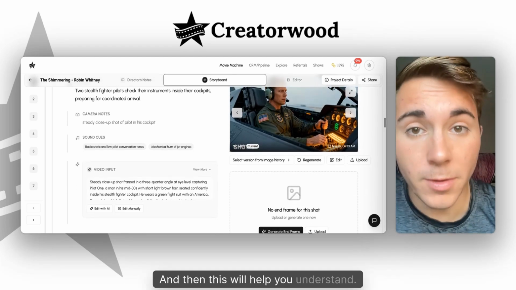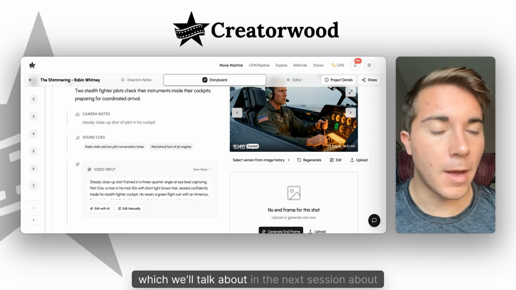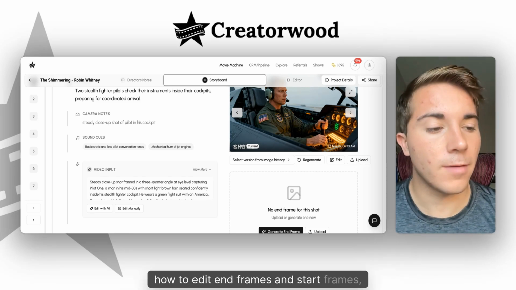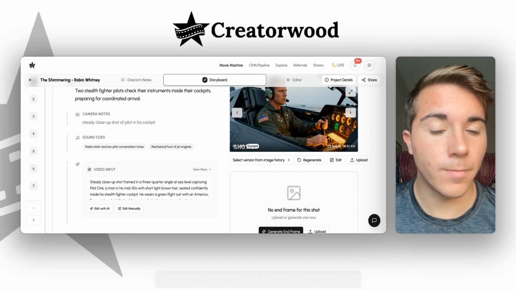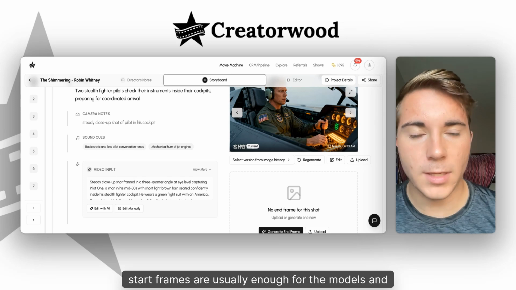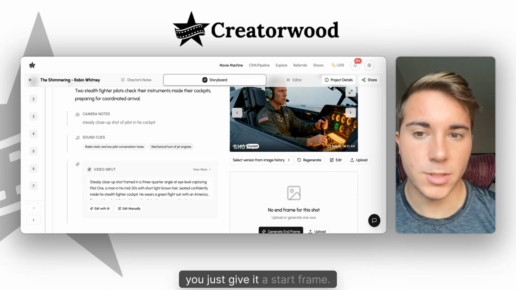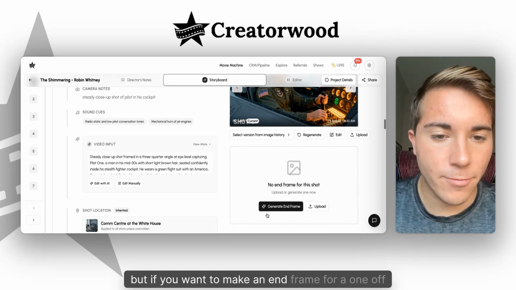And then this will help you understand, okay, is this end frame what I want? You can, of course, edit the end frame, which we'll talk about in the next session about how to edit end frames and start frames. And this can be a good thing for you to do. Again, caution that start frames are usually enough for the models, and they can actually perform better sometimes when you just give it a start frame. So I want to save you money and save you time, but if you want to make an end frame for a one-off shot,